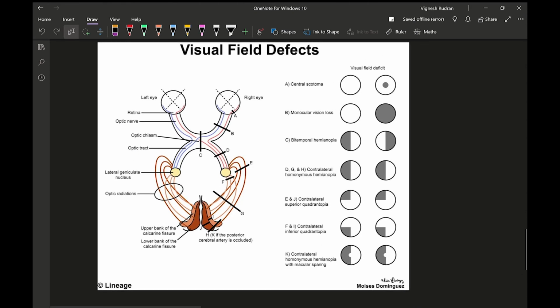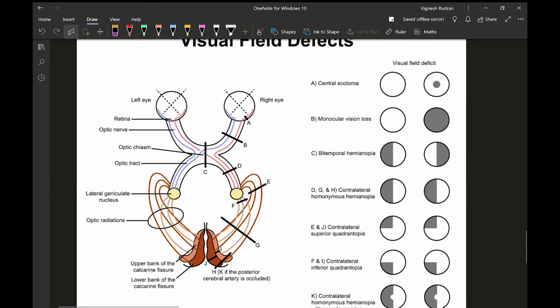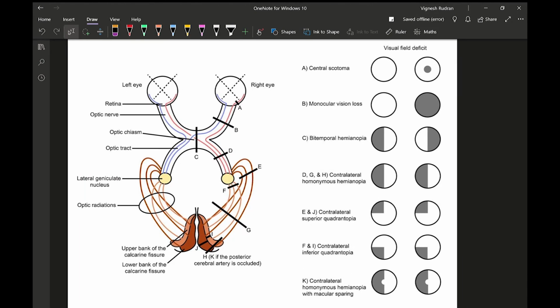So finally, I would like to talk about visual fields and visual field defects. So vision pathway. So what happens is each eye corresponds to two parts of vision: your nasal vision and your temporal vision. So you have an amalgamation of those visions together, and you have one complete image formed. That's why you are able to see about 120-degree vision. So this diagram is pretty self-explanatory if you look at it.